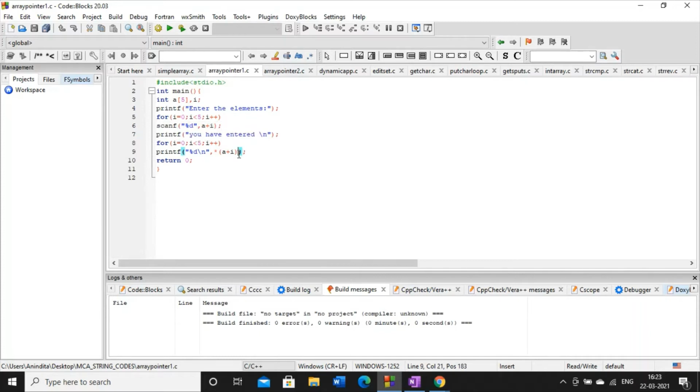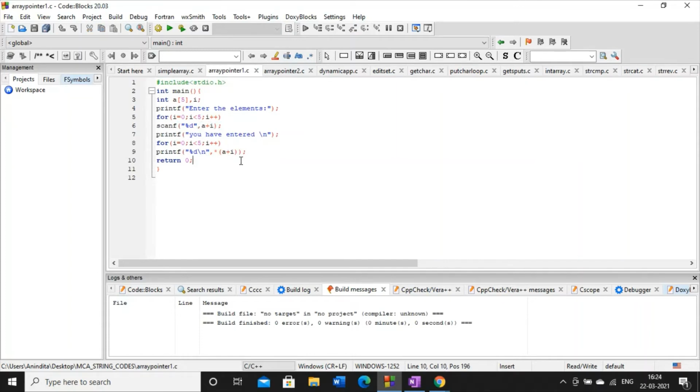And here, while printing the value of the array, I would have to write a, then within the third bracket I would write i. Instead of writing this, I have used value of, means star (base address plus i). That's it. So instead of writing the notation a[i] while printing, I have used this notation, and instead of writing &a[i] while taking input from the keyboard, I have used base address plus i.